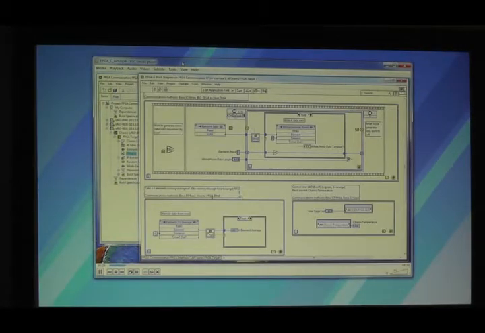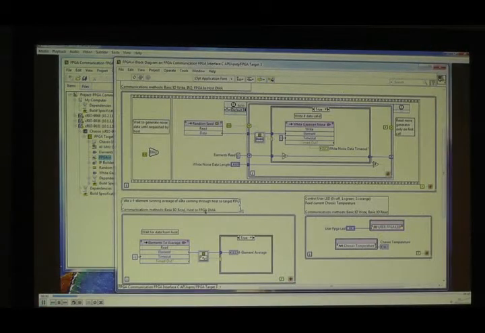The first thing we need to do is write your LabVIEW FPGA code. In this case, we have a project. It has the LabVIEW FPGA API,